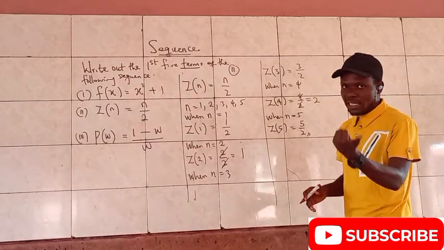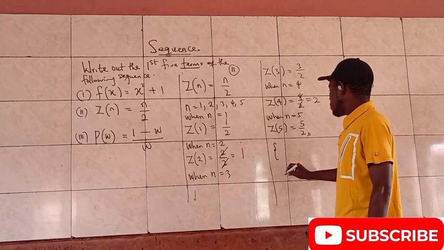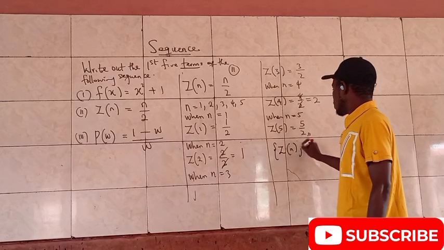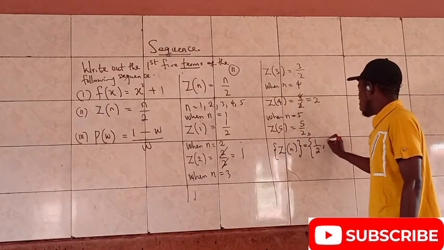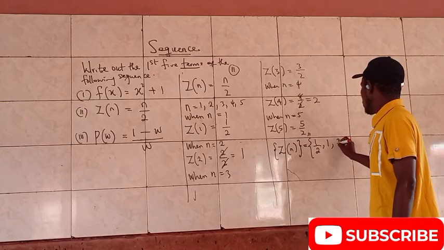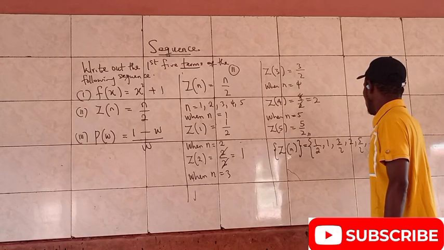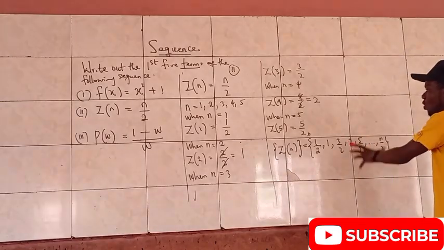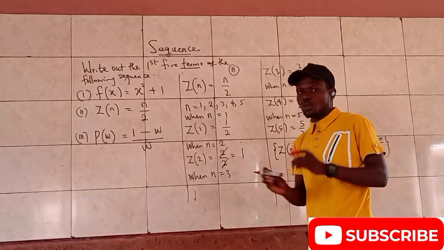Then when I go again like I did in the first example, it can be written in this form. We could say zn is now equal to 1 over 2, comma 1, comma 3 over 2, comma 2, comma 5 over 2, dot dot dot, and you have solved it already. So if you have something like this in your note, you are very correct. And if you do not think that, just go through it again and see what you have done.